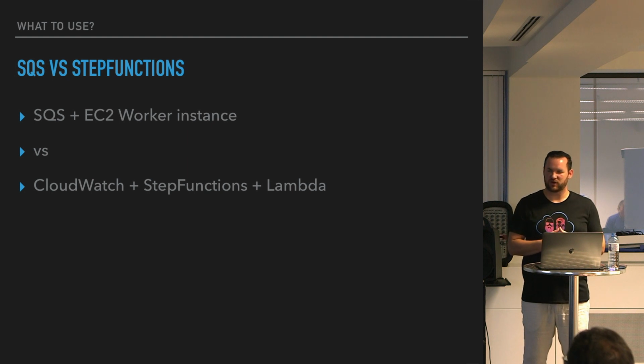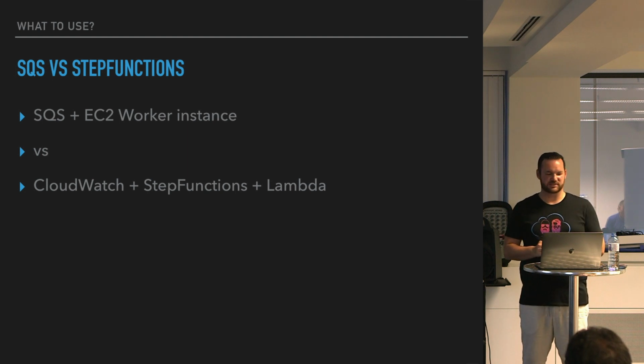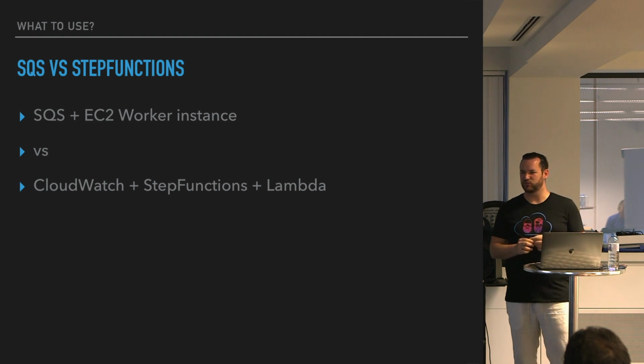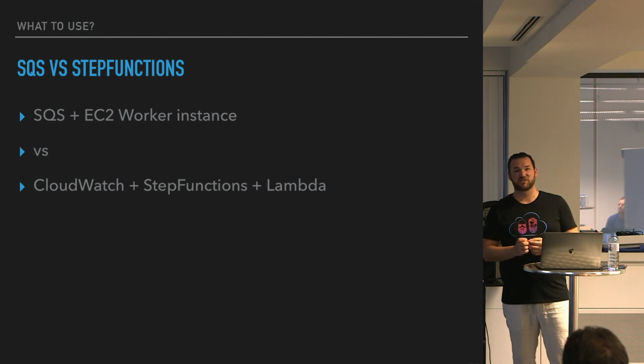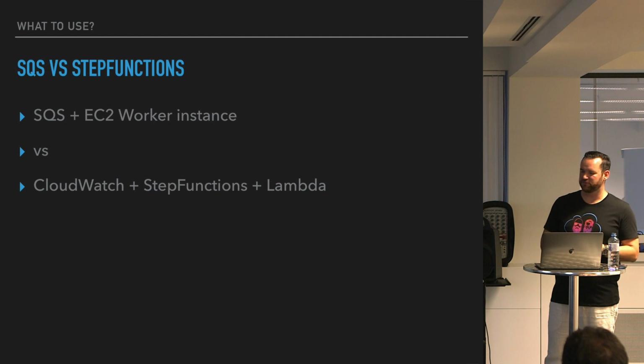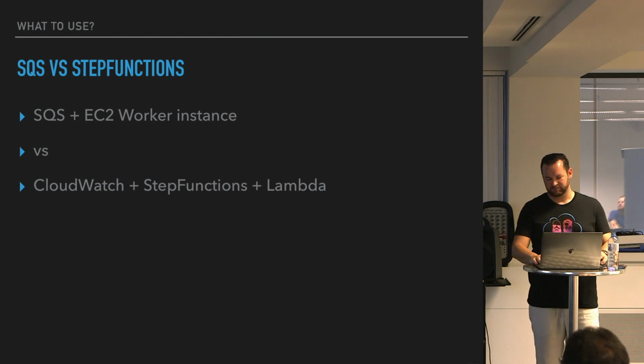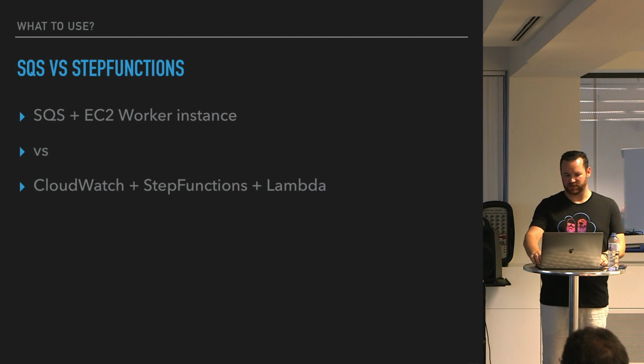So if it comes to costs, I would have to have a lot of vehicles managed in my application. I would have a lot of events happening that this pays out, because SQS plus an EC2 worker instance takes you about $30 a month. So before I reach $30 a month with step functions and Lambda, there is a lot happening in my application.